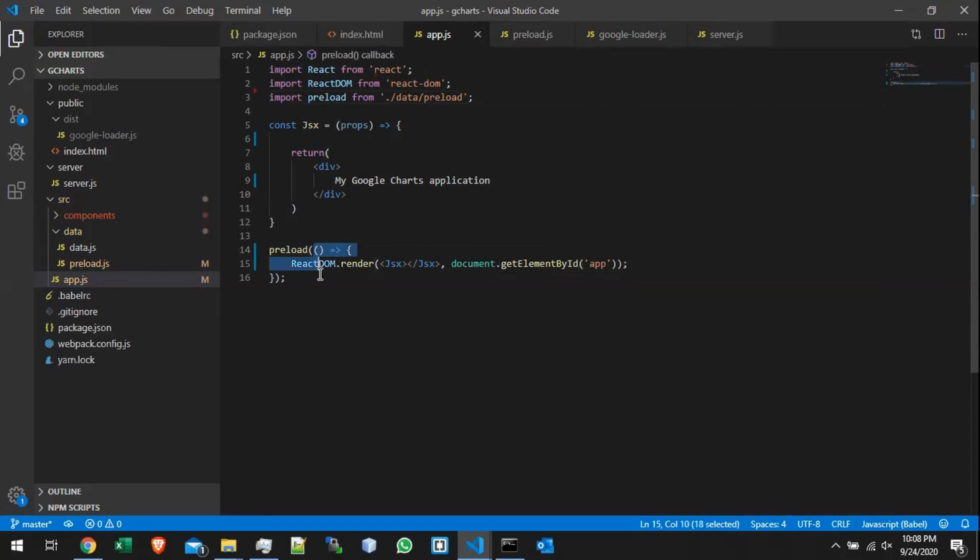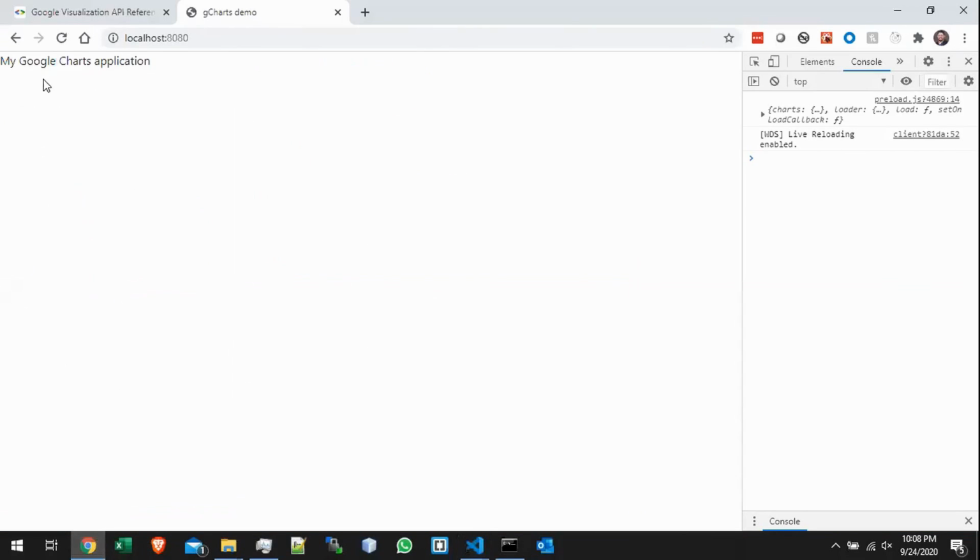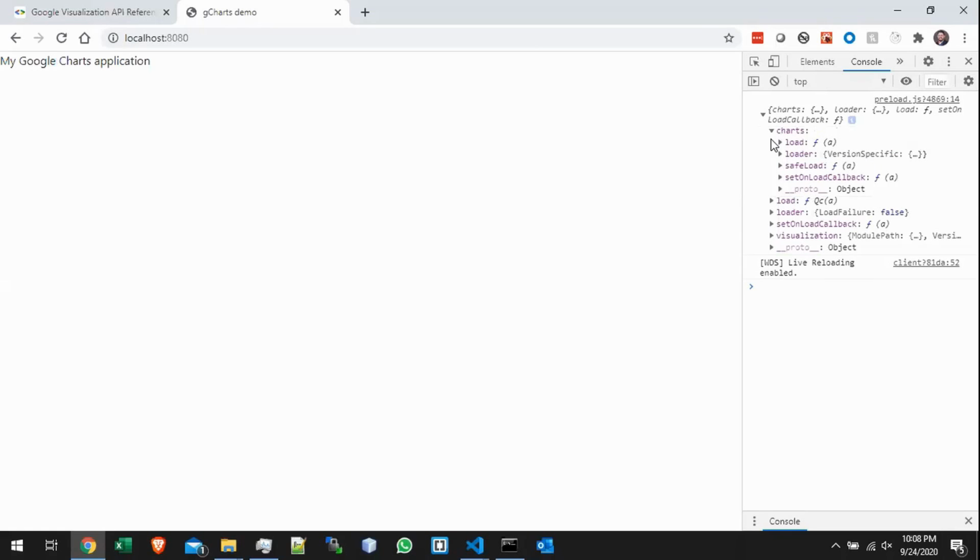And this is our callback function. So if everything's working, we should see that we do have a render, and we've logged to the console an object, which is the Google object. And we see that there's charts, and it has a variety of methods,